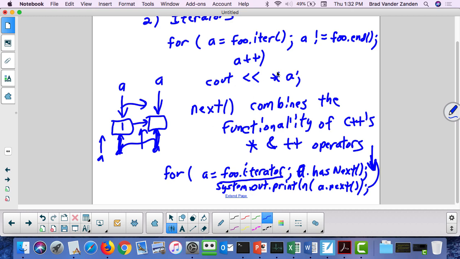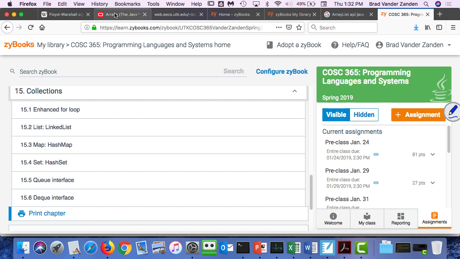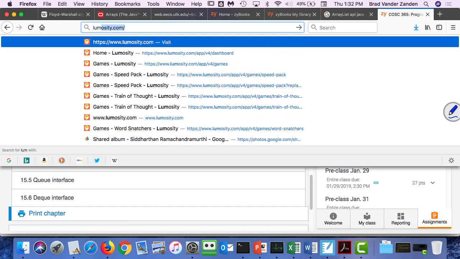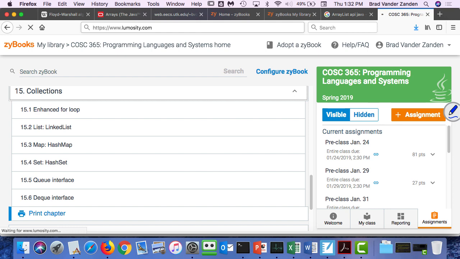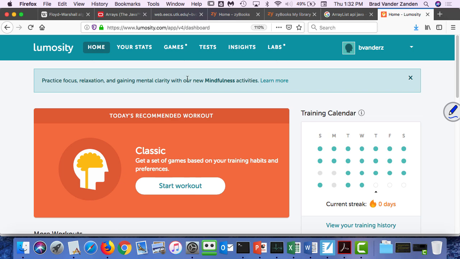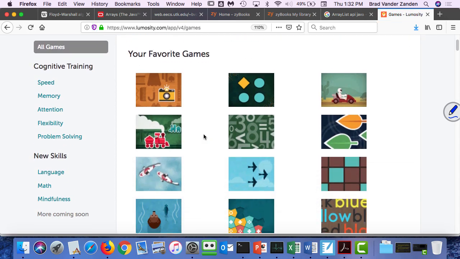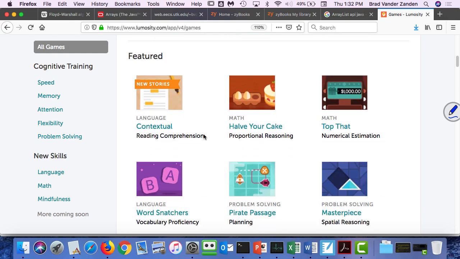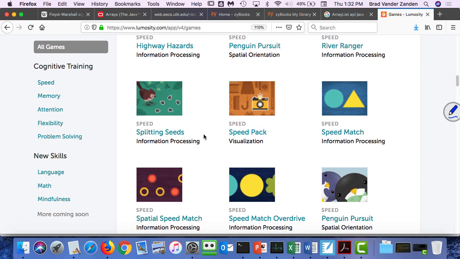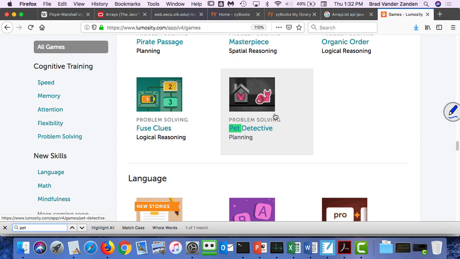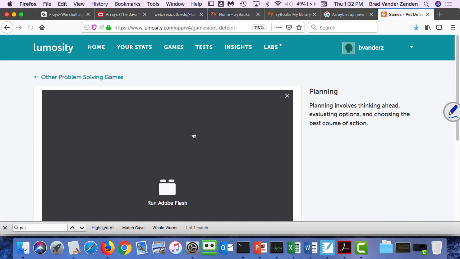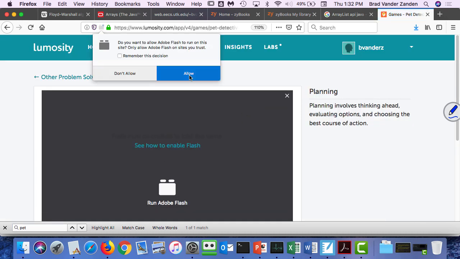Okay, homework problem 2. Brad enjoys a website called lumosity.com. It has all kinds of brain games on it. Yes, we're starting it with a story. It has a game called Pet Detective. And in Pet Detective,